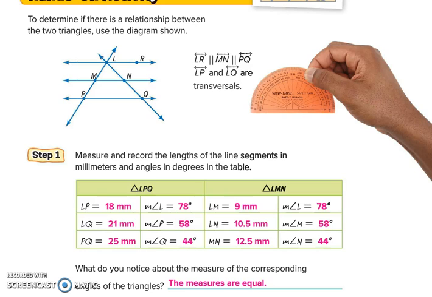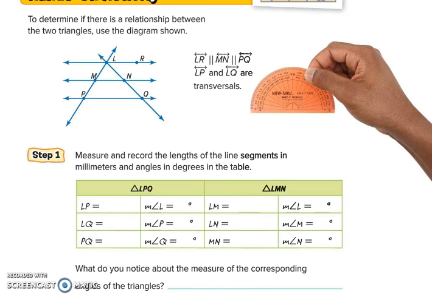But then when we looked at angle P and M, those would both be the bottom left angles and they're the same measure. And Q and N are the bottom right angles and they're the same measure as well. So now that we see they're not the same size, they're the same shape, but they do have equal measures of angles. So now let's take a look at,